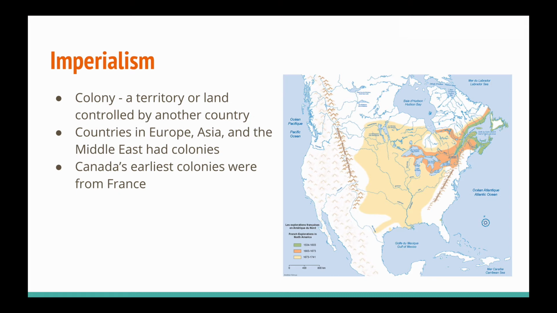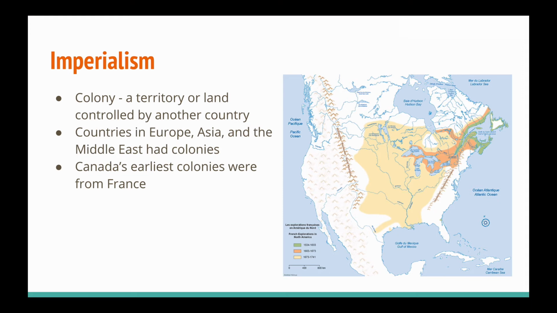So our concept here in chapter 2 is that of imperialism. And I've got a map here. This is the French exploration that has taken place here in North America right from the beginning of 1534 up until 1741. And you can see here on this map, we've got the French. They started expansion in the East Coast because that's the Atlantic Ocean and that's the coast that borders that of Europe. And we've got a couple of words here that we're going to talk about.